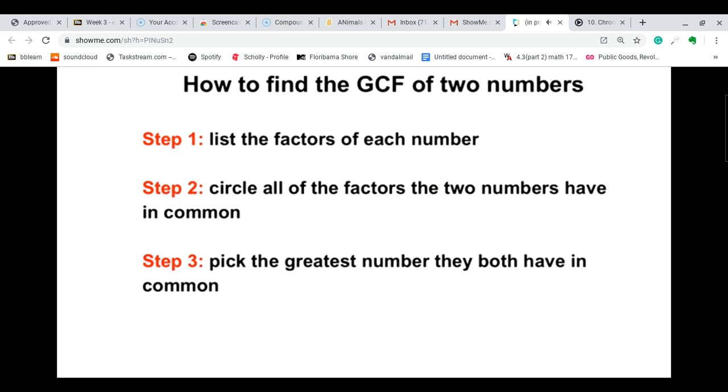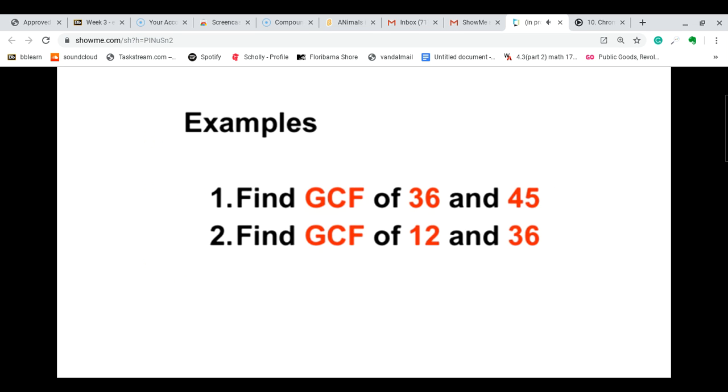There's 3 simple steps in order to find the GCF. So the first step is to list the factors of each number. The second step is to circle all the factors the two numbers have in common. Then the third step is to pick the greatest number they both have in common out of the ones you circled. We are going to do 2 examples of how to find the GCF. So the first example is the GCF